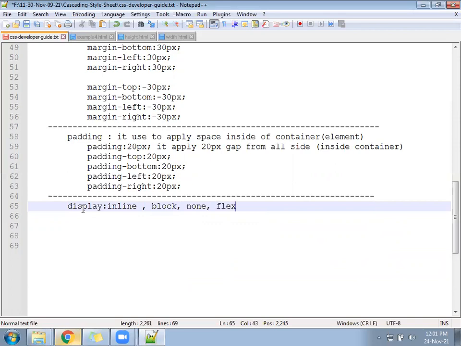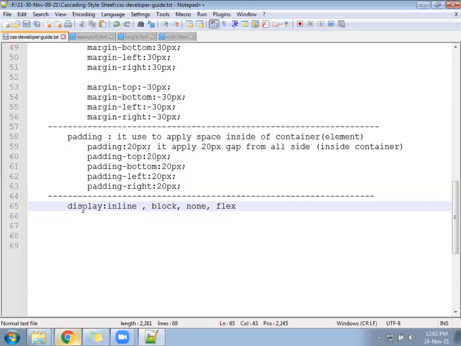How many types? Four types. Float will help you only convert from block to inline, as we have seen, and display will help you for both purposes: inline to block, block to inline, even hide also. None means hide. Flex means something else, from CSS3, we are going to study that.